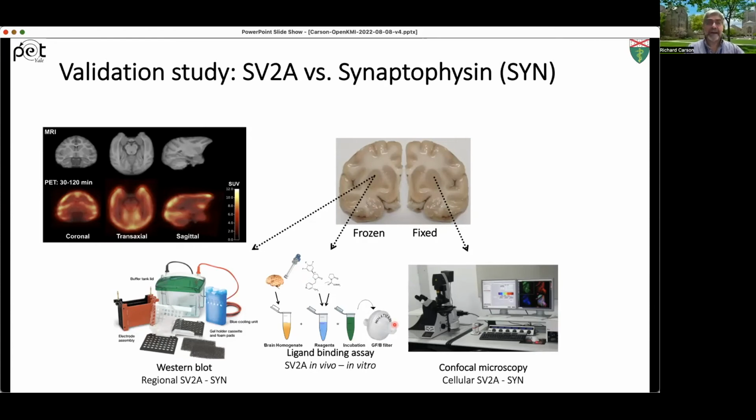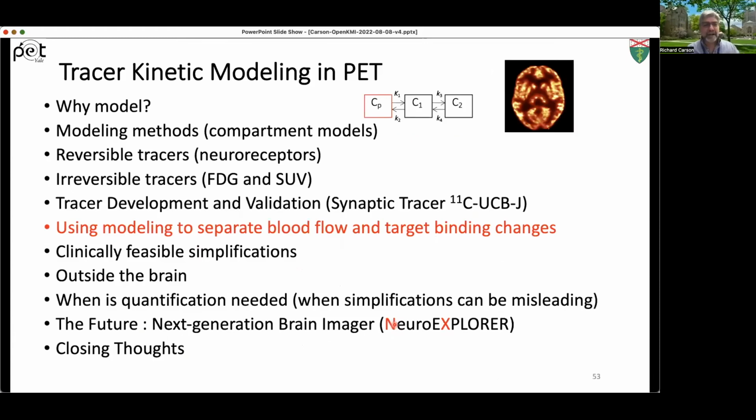So now let's talk about how we use these ideas. We've gotten a tracer, we've gotten some models. What do they do for us? How do they help us to extract information from the data? How do they help us simplify? We work with that. So let me take this first one, and I'm going to follow on with our SV2A tracer, UCB-J,